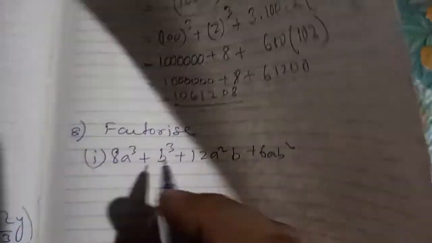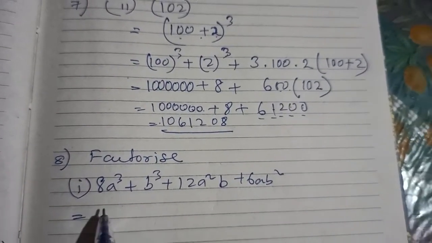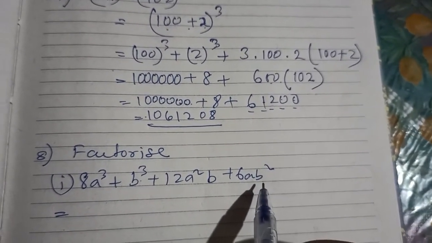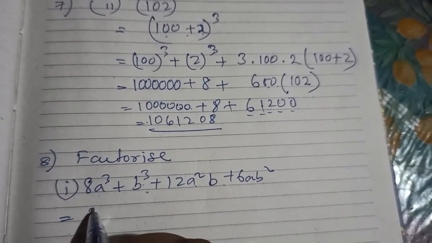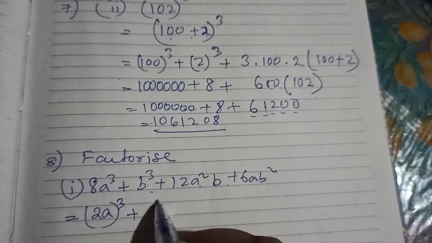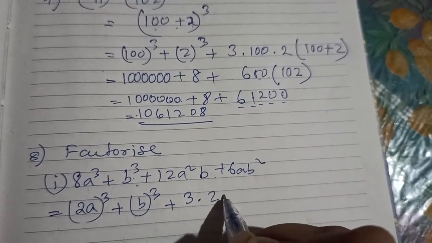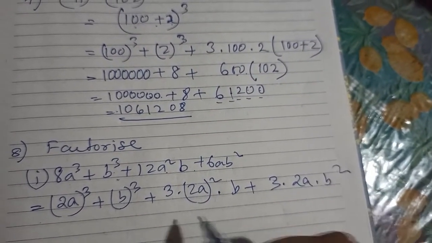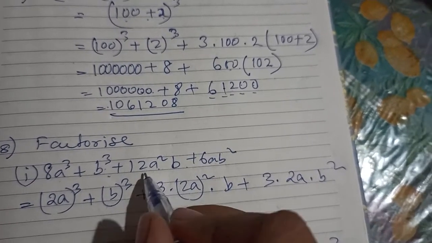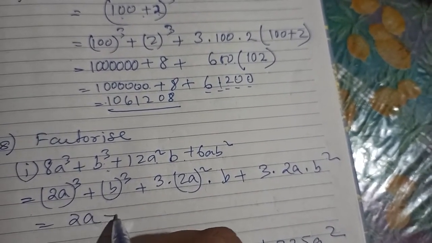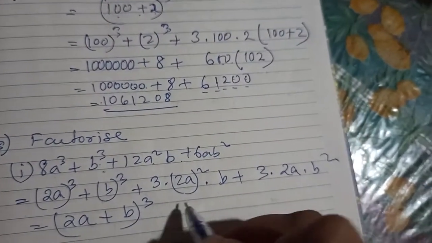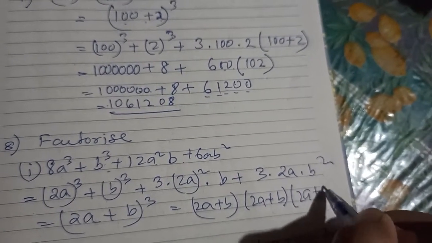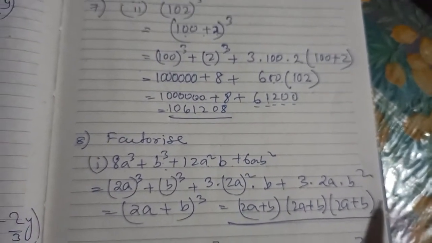Okay, next is our factorize. Again, in factorize we have to make it small. As you can see, it is in cubic form. That means we have to convert it in identity 6, where all the plus signs are there. So we have to write the answer in cube form. Plus 3a square b plus 3ab square. So if you see now, it is matching. 4 into 3 is 12, a square b. So we can write it in this way. The answer will be written 3 times. Already I have told, when you are doing factorize, you have to make it small. So this is the answer of this question.